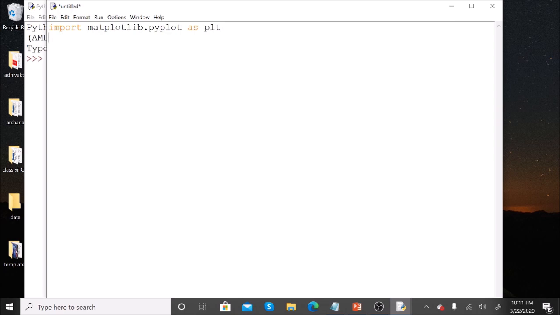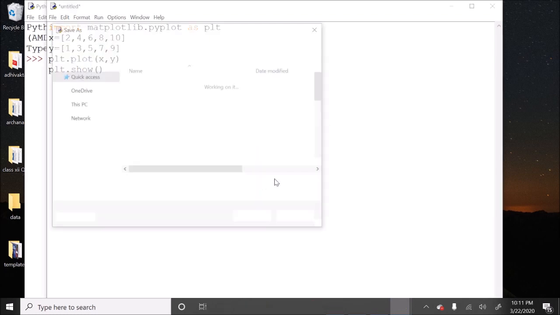And in simple 3 commands, we will generate a line graph. Let us take x as one data set for the x-axis, and for the y-axis, another data set. We have taken here odd and even numbers. Now the command plt.plot will plot a line graph between these two data sets. The plt.show command is used to generate and show you the line graph.